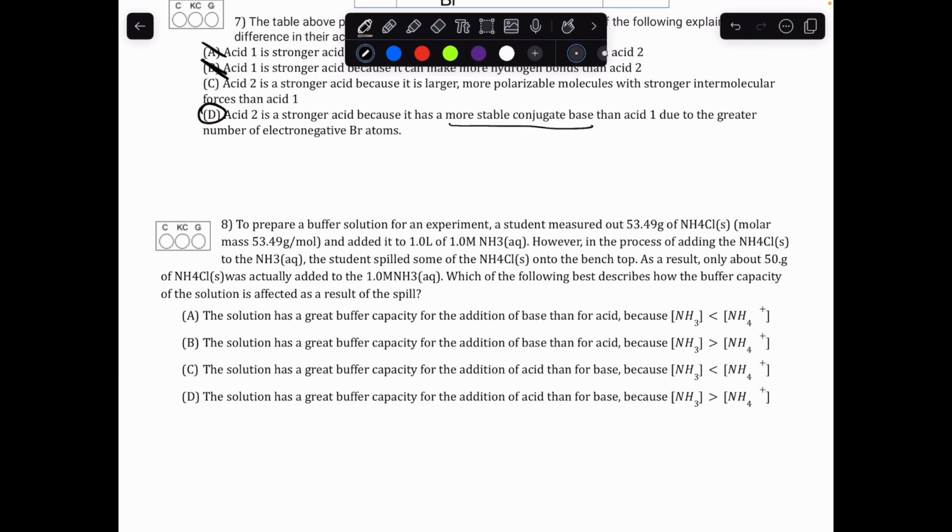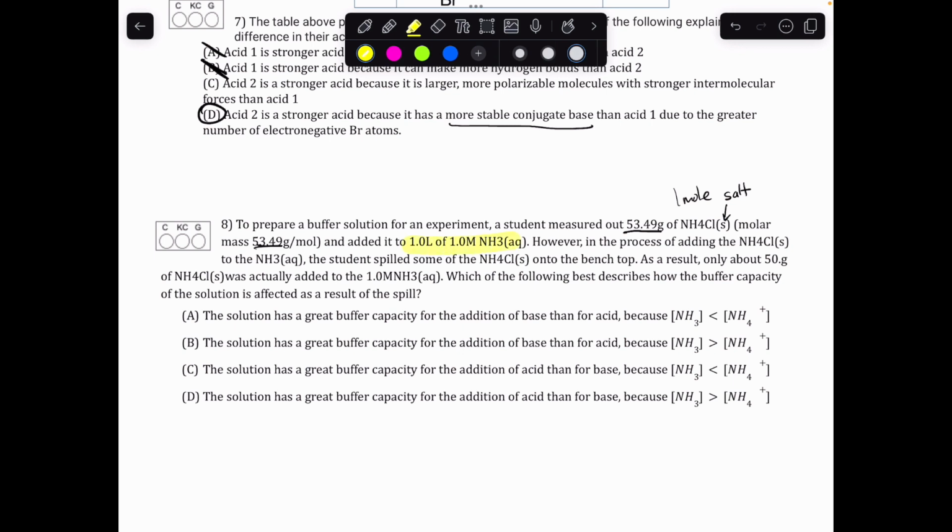All right. So, to prepare a buffer solution for an experiment, a student measured out 43.49 grams of this salt with a molar mass of this. So it's kind of important to recognize that they're the same number, which means I have 1 mole of salt here. Okay. And then we added 1 liter